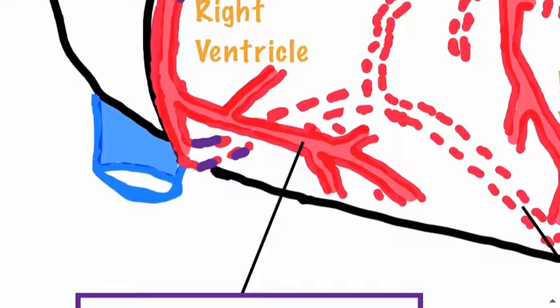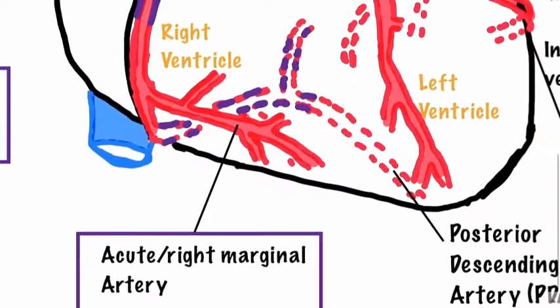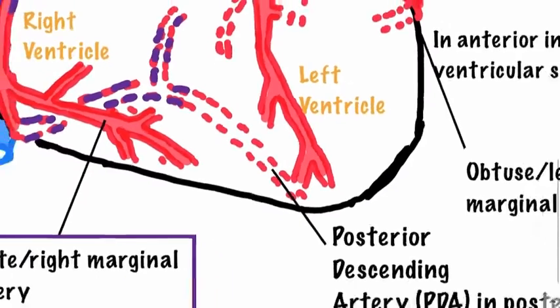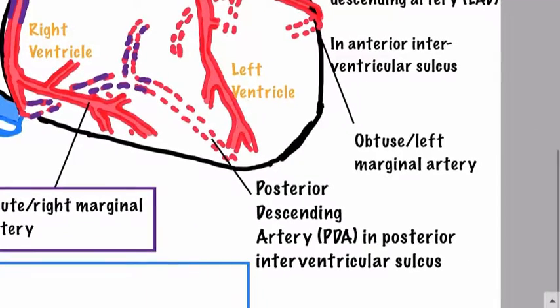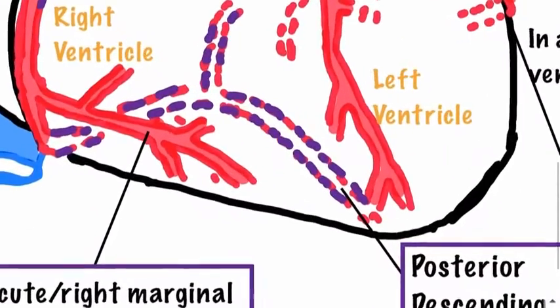So the arteries on the posterior surface are shown by the broken lines. So guys, these are the arteries on the posterior surface. So as we can see that the right coronary artery runs on the posterior surface, and in 85% of the individuals, the right coronary artery gives rise to the posterior descending artery or PDA. So guys, this one is the PDA or posterior descending artery coming off from the right coronary artery in 85%